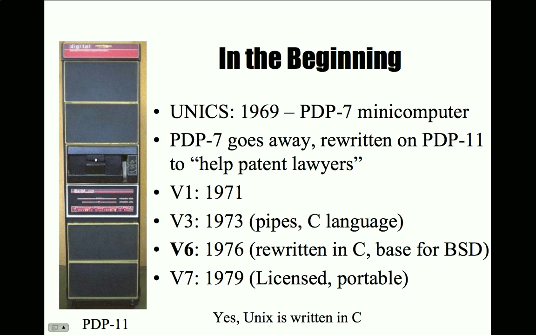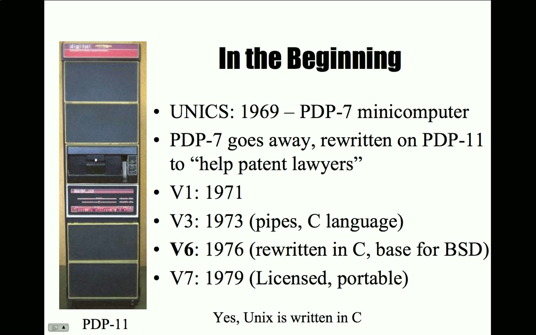Then after the PDP-7 goes away, the PDP-11 was introduced, and the system was rewritten, and then version 1 of Unix is considered 1971, and there were some more features that were added over the years. Version 3 is the first one that AT&T supported for real, and version 6 was probably one of the more stable ones,